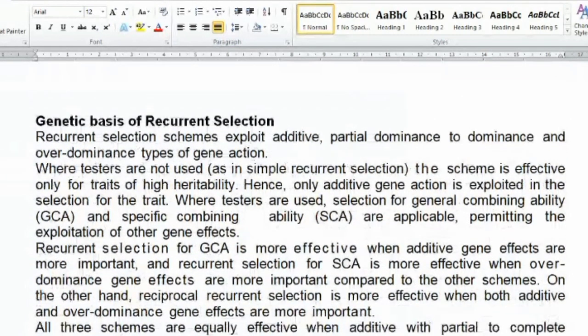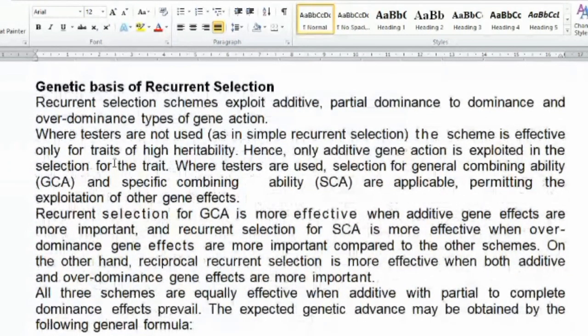Genetically, what is happening when we do recurrent selection? Recurrent selection schemes exploit what we call additive, partial dominance, and dominance gene action. One is additive, two, partial dominance or overdominance. And where testers are not used,